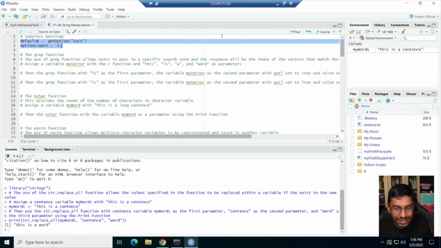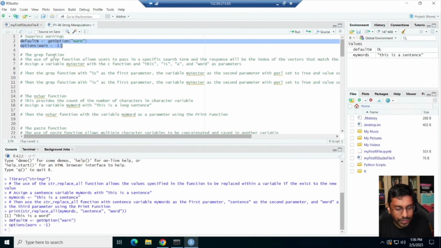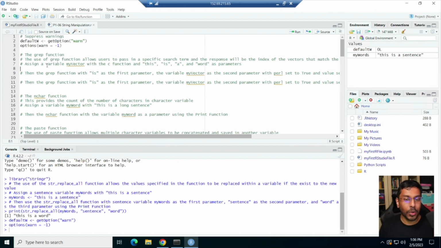Okay, let me run this. So I'm going to start with the grep function. The grep function allows users to pass in a specific search term, and the response will be the index of the vector elements that match the request. So I assign a variable myVector with a c function, which is basically your vector function, and with these words as parameters: